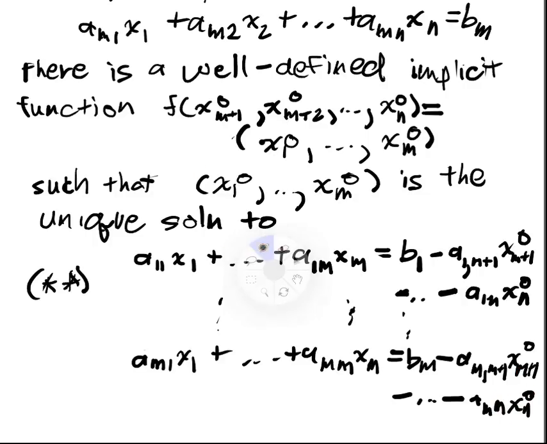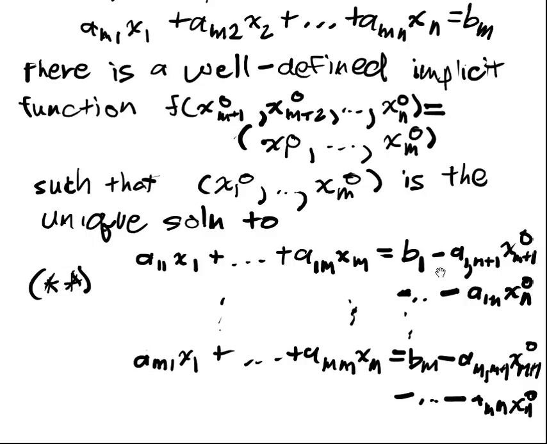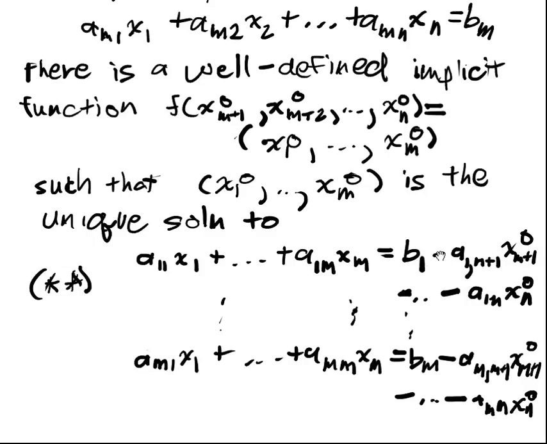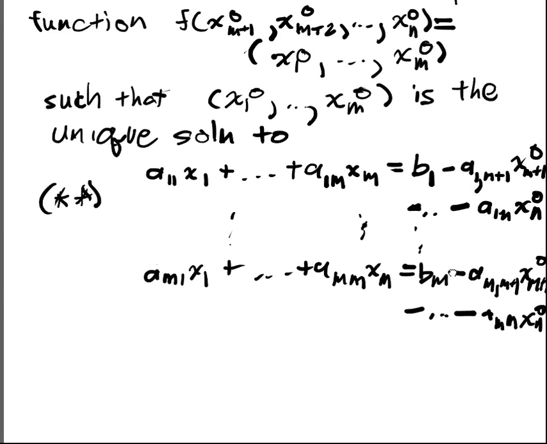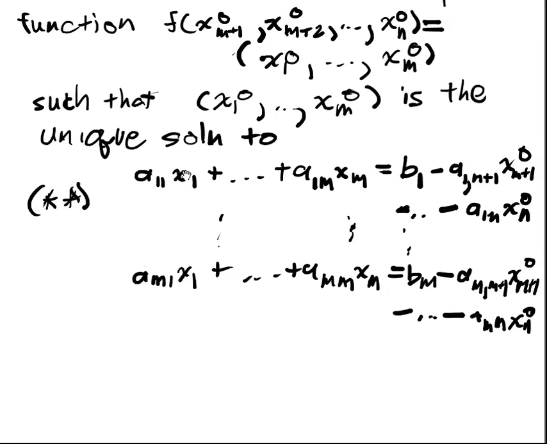So the way I acquired the system is I took all the inputs for the exogenous variables, and I subtracted them from both sides of all the equations. So then I have a fixed number. You can think of this entire term as a new b1. This entire term is the new bm, right? And then I have a system that's dependent upon the endogenous variables x1 through xm, and the x1 naught up to xm naught that my function pumps out is the unique solution to this, if and only if